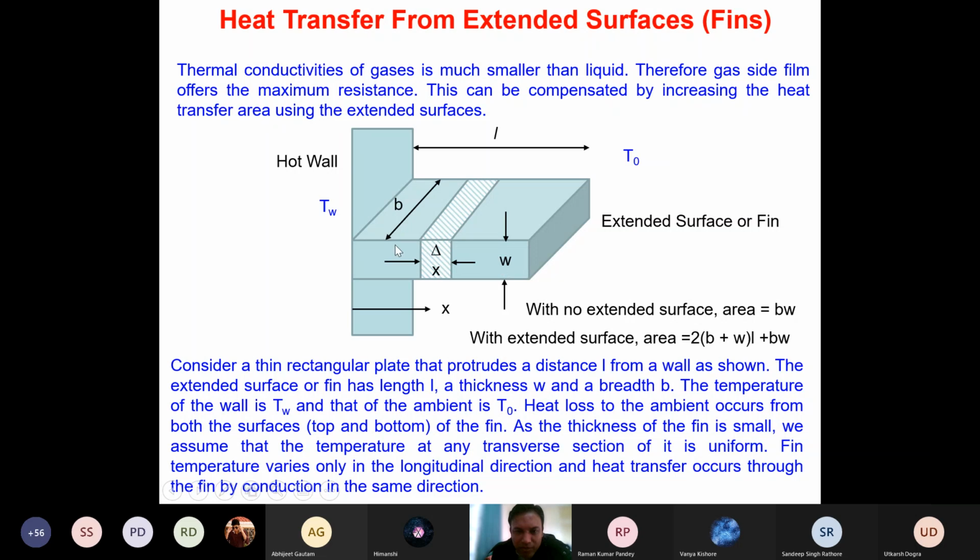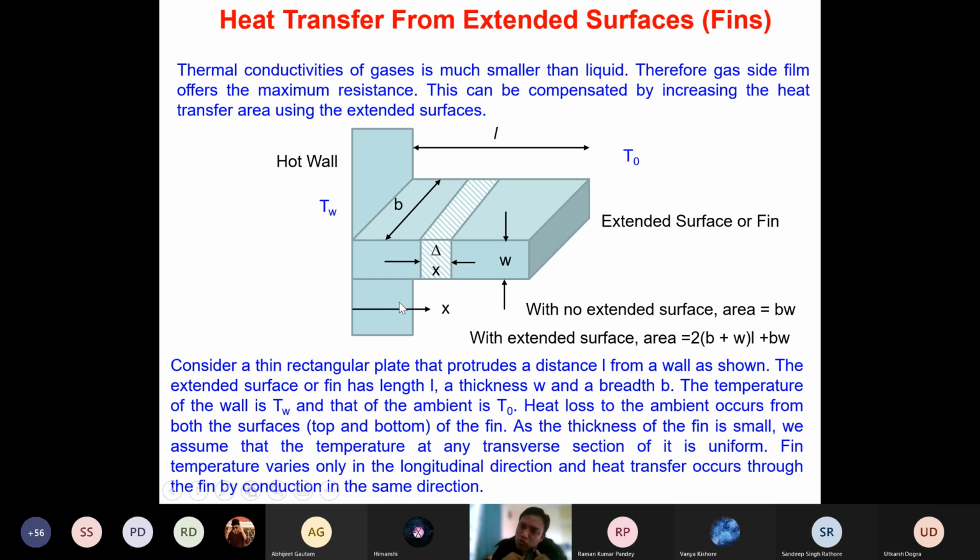Yes or no? Remember, along this horizontal direction, your heat will be transferring, isn't it? So the heat flux will be along this direction, isn't it? And then the heat dissipation is going to take place from the surface. That we will account later. But the heat conduction is along the longitudinal direction, and the cross-sectional area for the heat conduction, I am saying